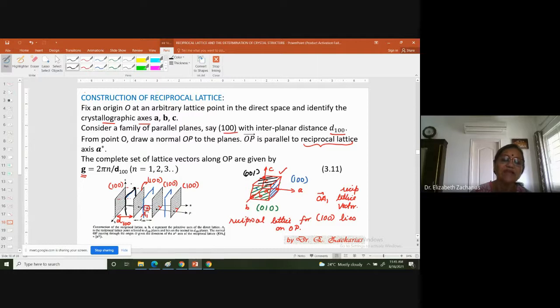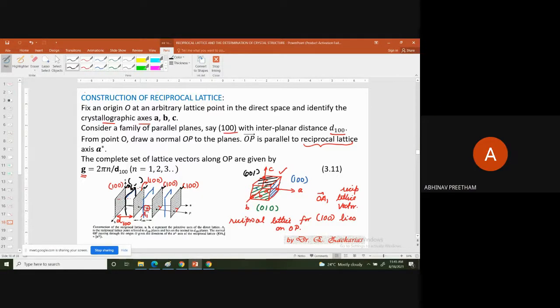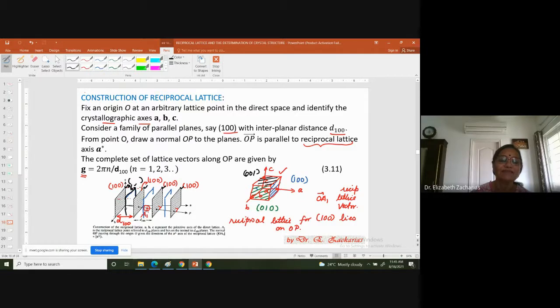So if I write the indexing for this, how will it be? 100? No. 100 is this and this, because the gap between them is A. But here the gap is A by 2. So 1 by 200? No. So let's try to write